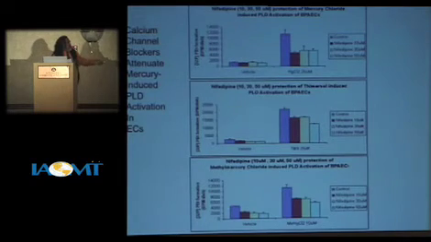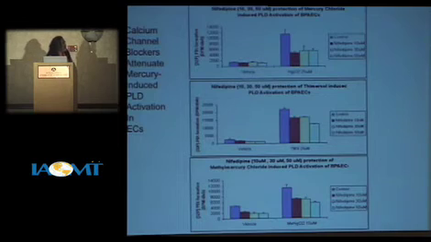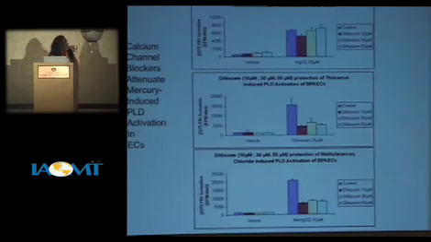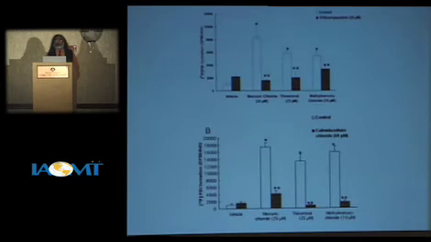So the calcium channel blockers, these are voltage-gated channel blockers. When you block them, you can see the inhibition of phospholipase D activity. And another channel blocker called diltiazem, that is used in cardiovascular disorders, cardiac disorders, again protects it. And the other one is nimodipine, which also protects phospholipase D activation by mercury. So calcium channels are important.